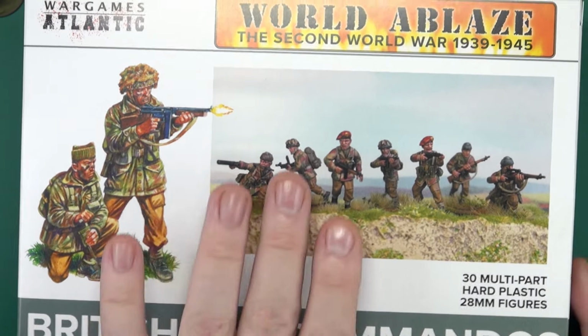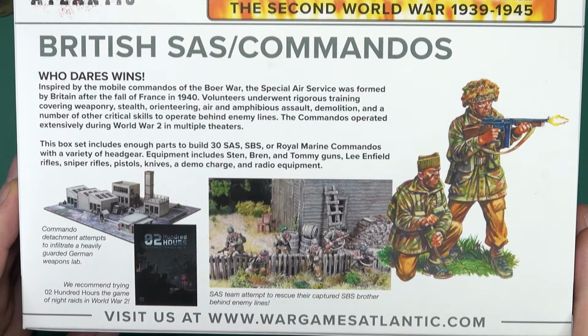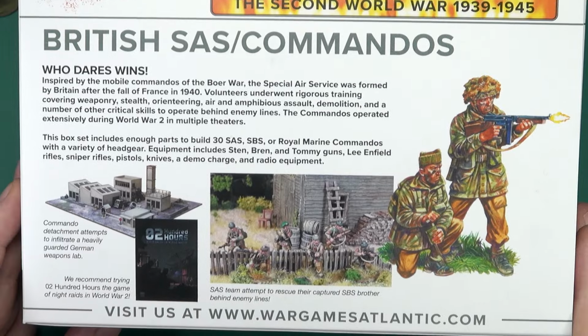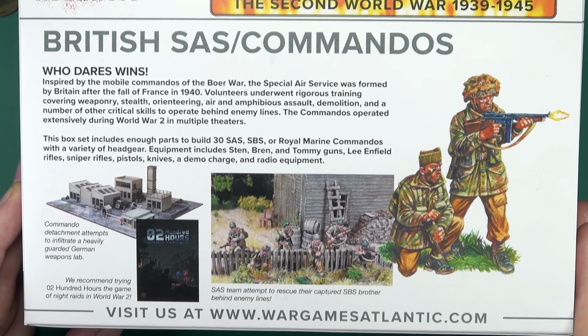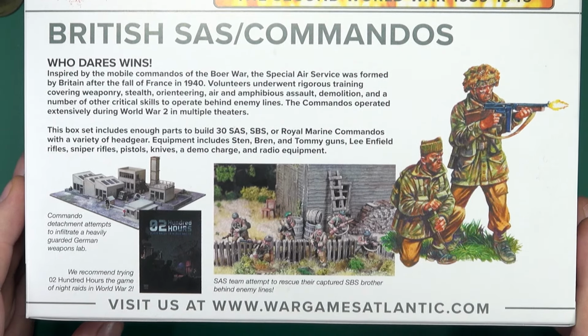So the box is a multi-part kit containing 30 British troops. There's a bit of the history behind them, along with a suggestion to use them in 0200 hours for your clandestine operations. And these plastics actually feature in the starter set for 0200 hours. So in the box you get